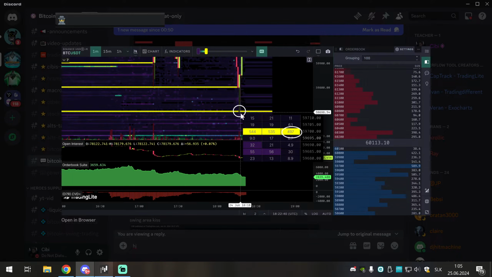Now the market is falling to the downside. It's retesting another 500 Bitcoin wall. The wall survived. Only 335 Bitcoin was taken out of it. This is a sign of strength.